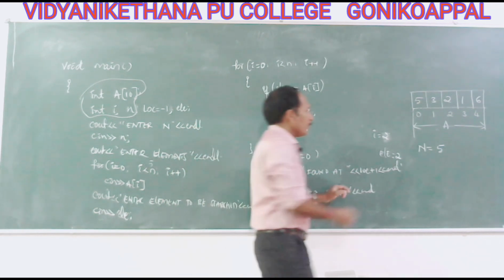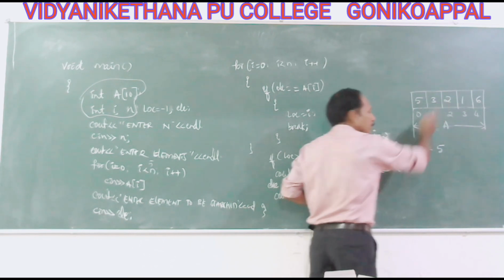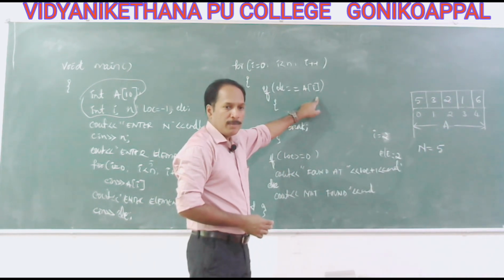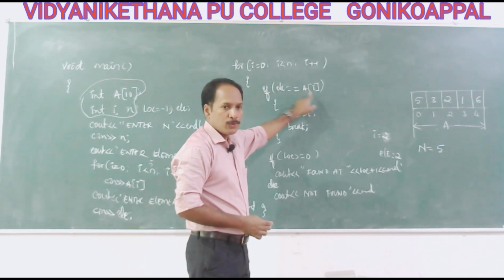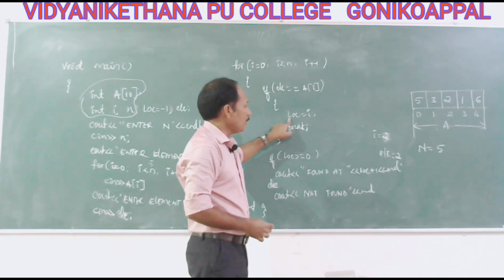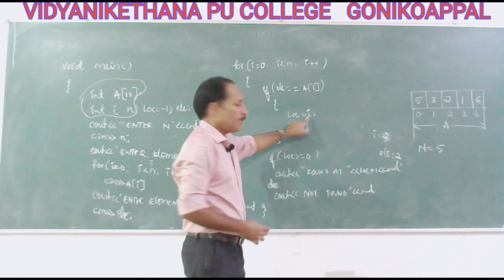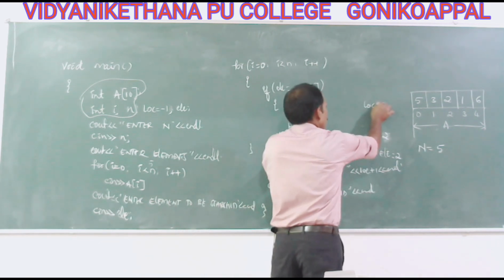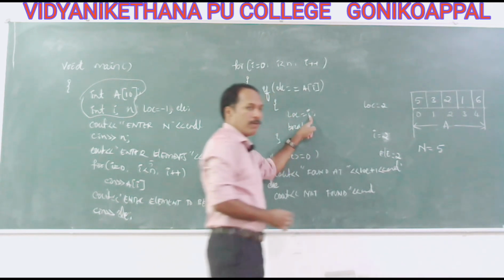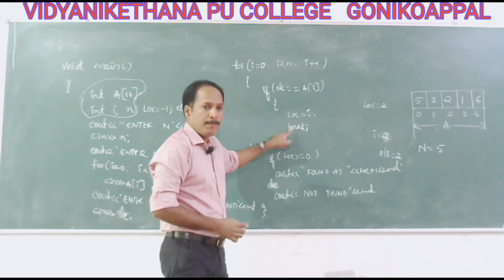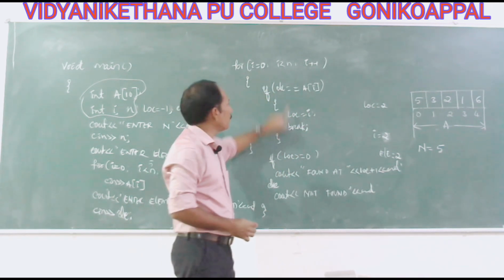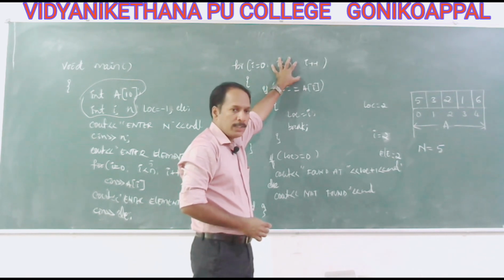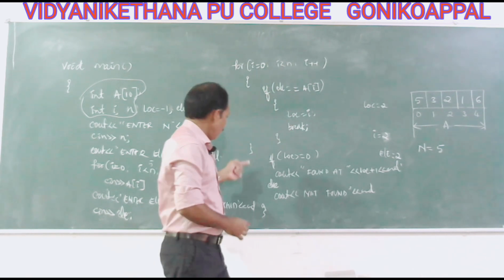Look at A of 2. So A of 2 is 2. So this element is also 2 and the array element is also 2. 2 equals 2? Yes. So location, which was minus 1, is replaced by I, which is 2. So LOC becomes now 2 because of I. Next, what I did means break. So when break is encountered, I plus plus and the condition I less than n is irrelevant now. It ignores it, immediately it goes after the loop.